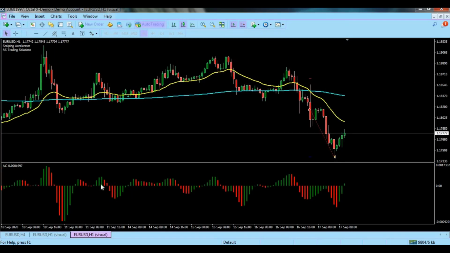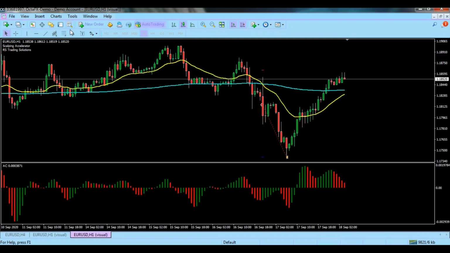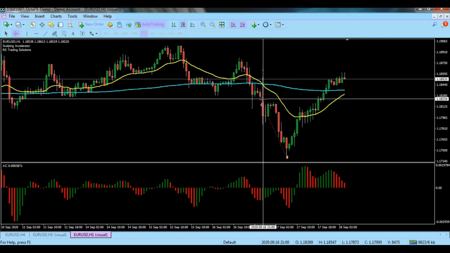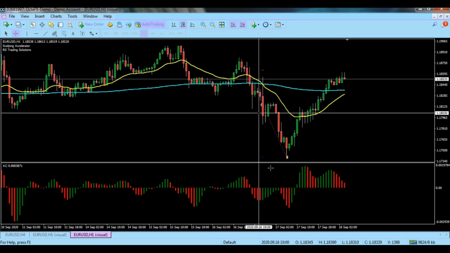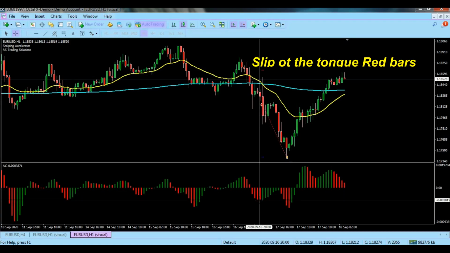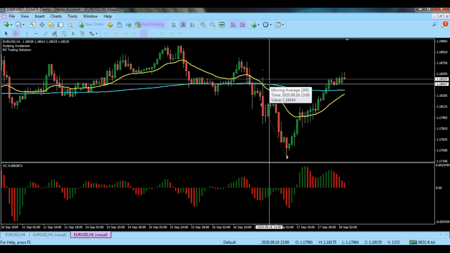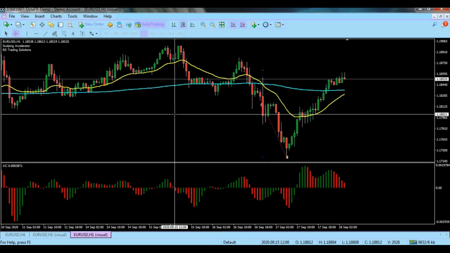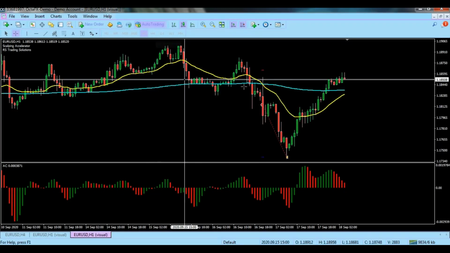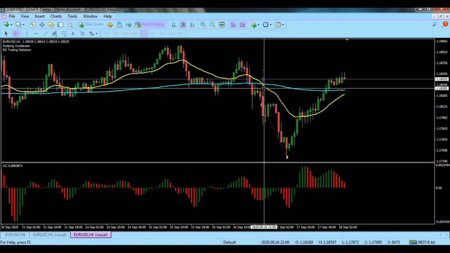Yeah, an order has been placed. Let's go back and verify the order. As you see, here the fast moving average has crossed the slow moving average. Also, there are 3 red bars on the indicator. If you check in the higher time frame, there also it is a downtrend. We cannot see the higher time frame in the tester, but it is a perfect order. You see, the fast crossed the slow on 3 red bars. Perfect order.